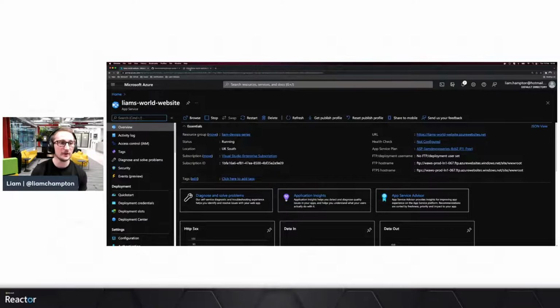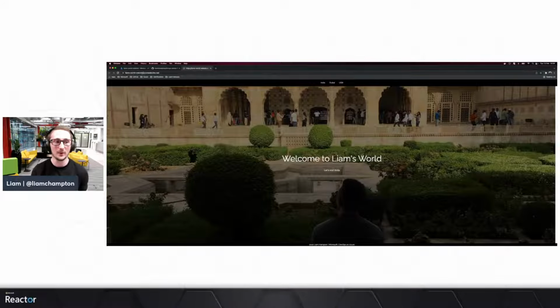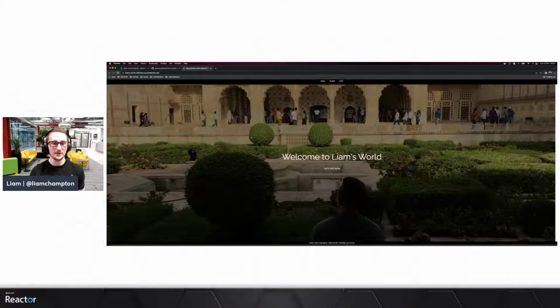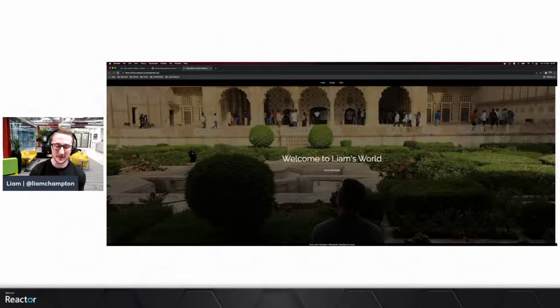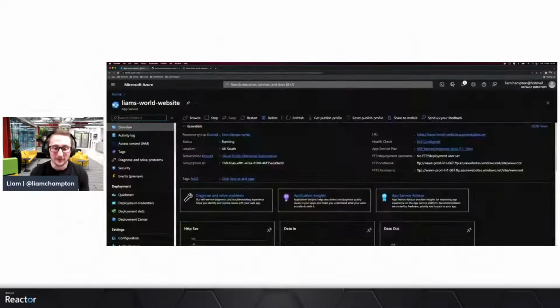If I go over to the URL, which is Liam's World website.azurewebsites.net, you will get this here. So there's nothing much going on. I can scroll up and down as needed, but there's nothing there. So the very first thing I want to do is create a webhook. Now, a webhook is going to, like I said, allow me to update on the fly,